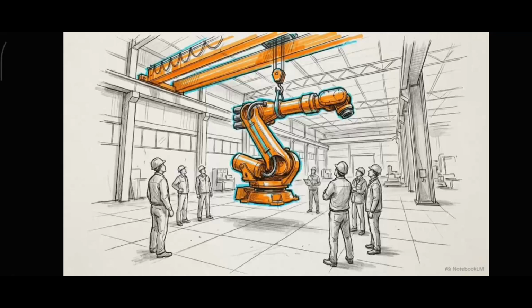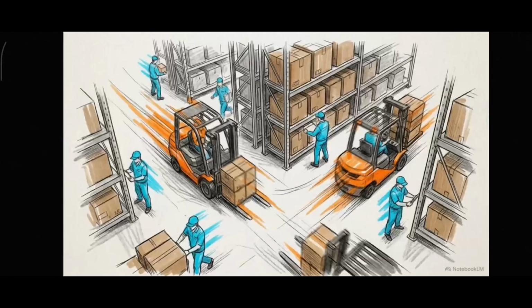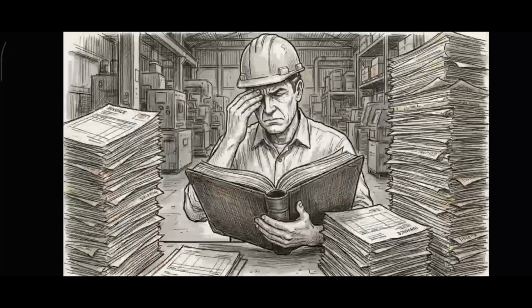Imagine starting a manufacturing plant. You have to coordinate the delivery of heavy machinery, pay rent to a landlord, purchase raw materials, and issue weekly checks to a workforce. Amidst this constant movement of physical goods and labor, a central question emerges. How does an owner determine if the enterprise generates a surplus?